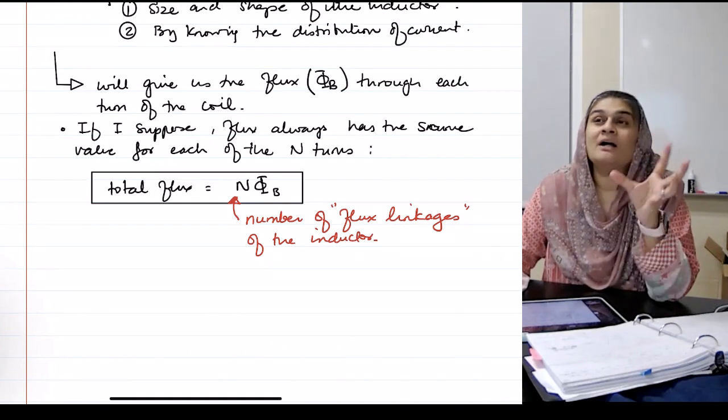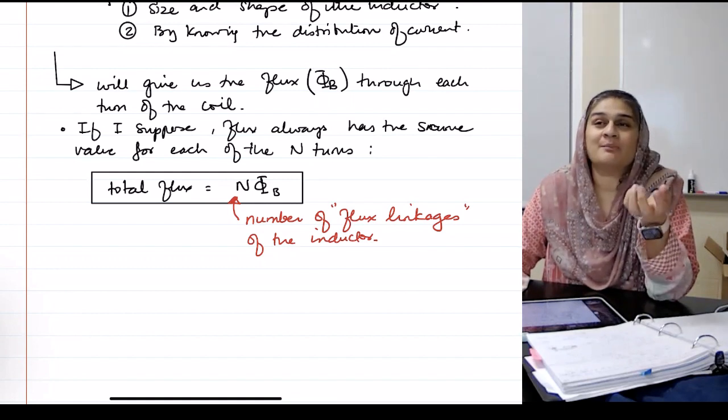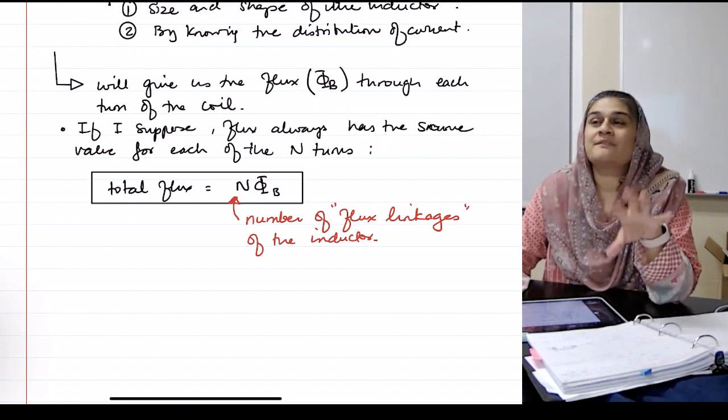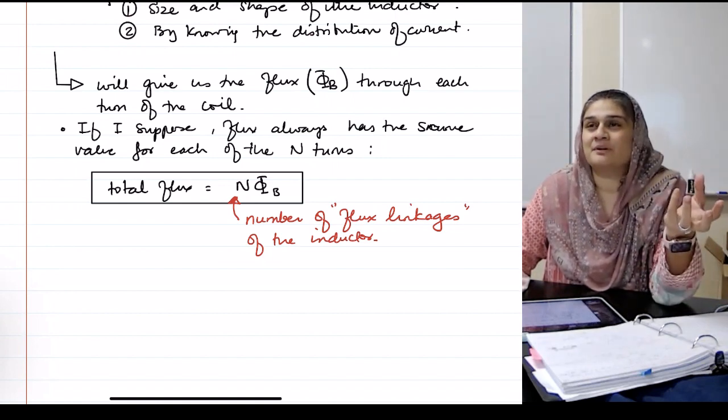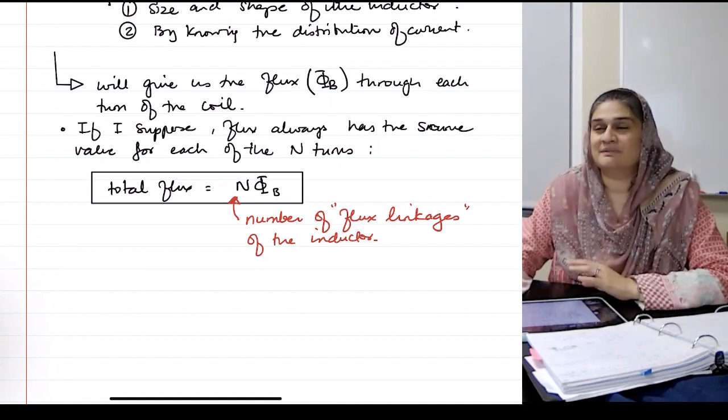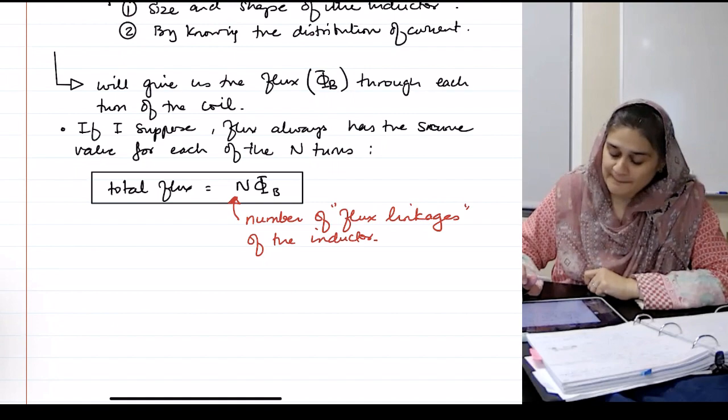So all what books are talking about when they talk about flux linkages is take your magnetic field, multiply it with the number of turns. That's it. They just have given it a fancy name. So then